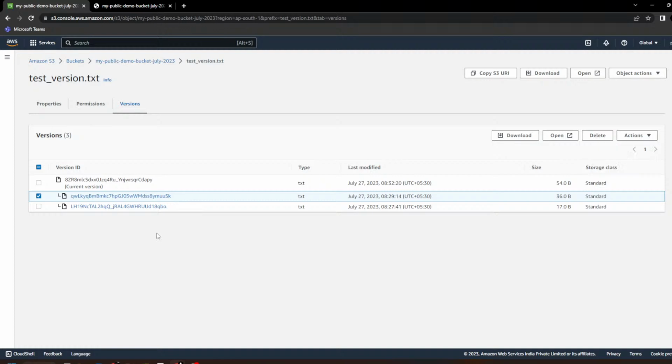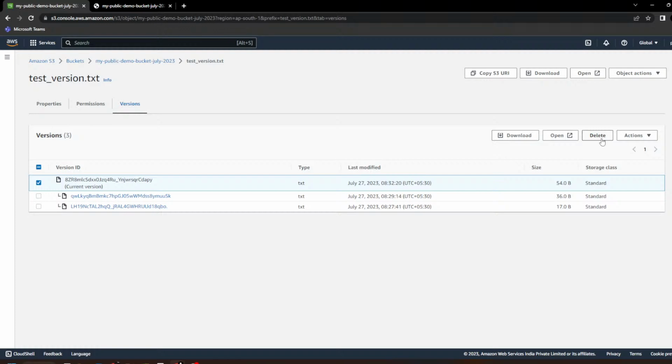What you have to do? You have to delete the version, not object. You have to delete the version copy of that object. So click on the version, because this is the version I don't want. Go to the action and there is no option. Okay, here you can see the delete,